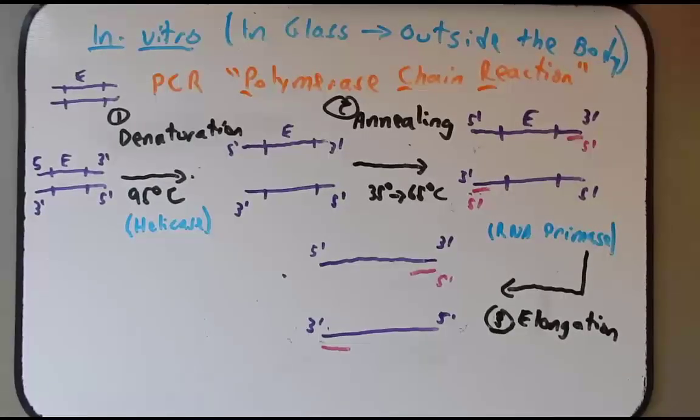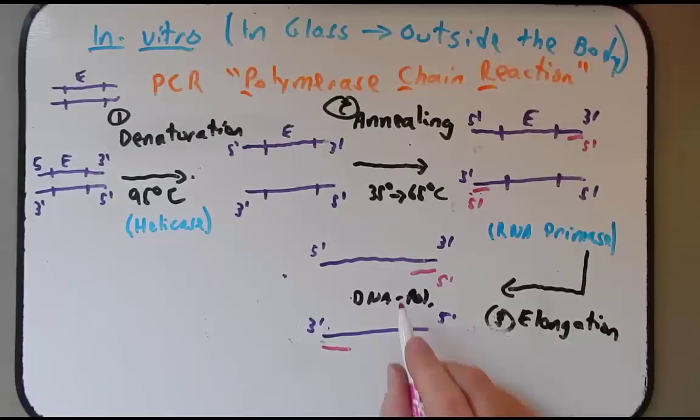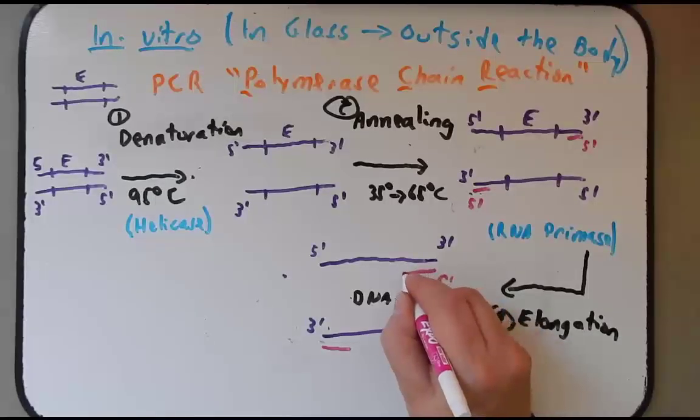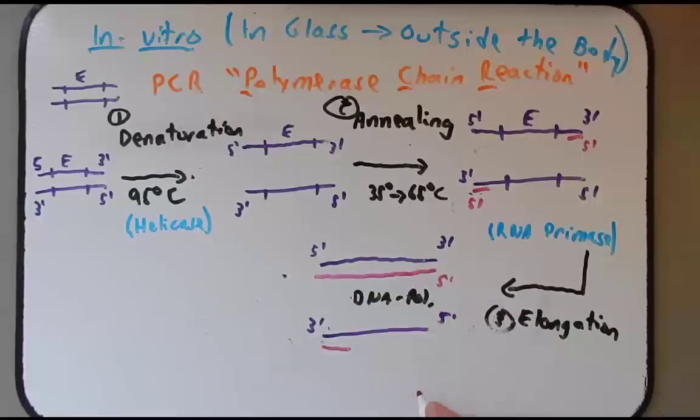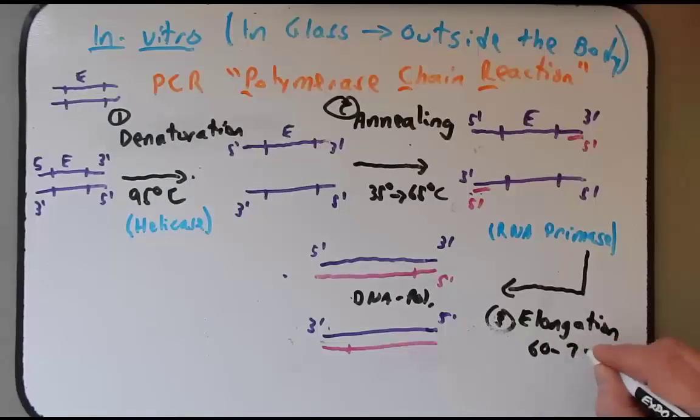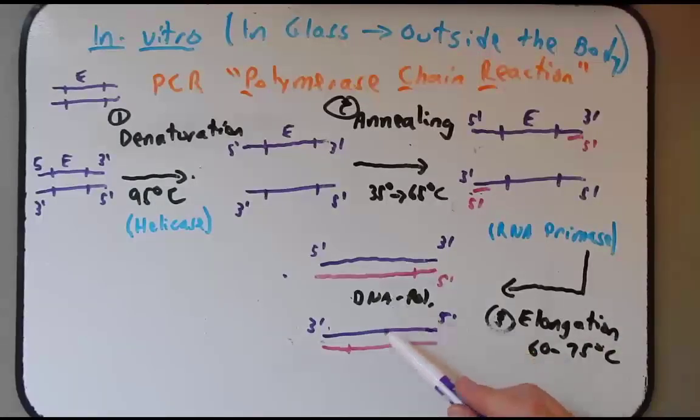So during this step of elongation, DNA polymerase, similar to the DNA polymerase 3 we learned about with replication, this DNA polymerase will take this primer and extend the length of the DNA. Then what we do, oh, I should also mention that this occurs, depending on the enzyme that we use, anywhere from 60 to 75 degrees Celsius. Then what happens is we repeat denaturation, annealing, elongation, and we usually repeat it